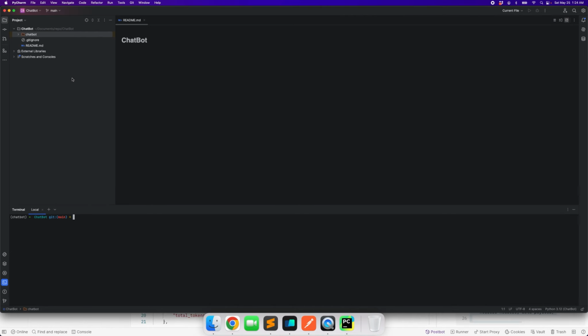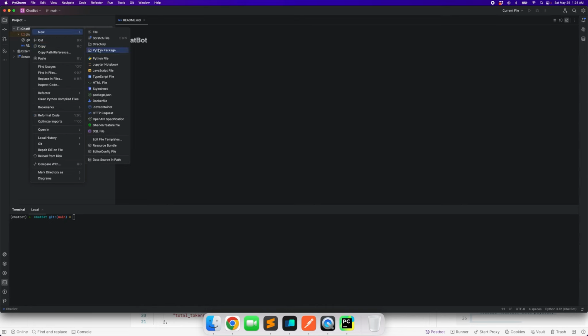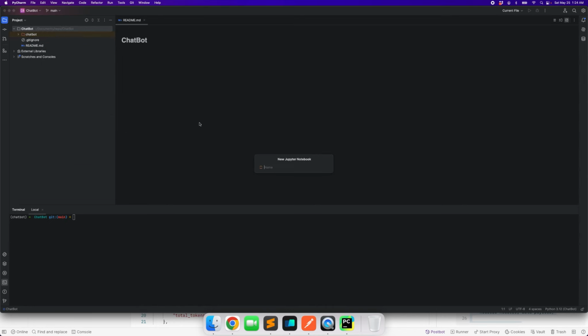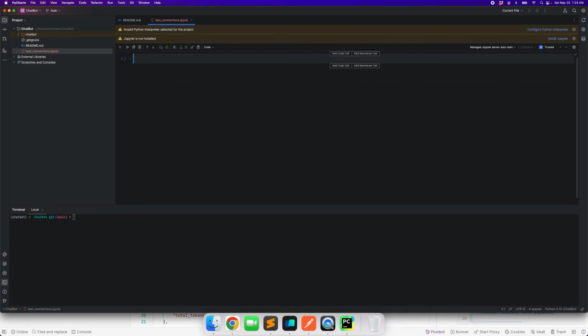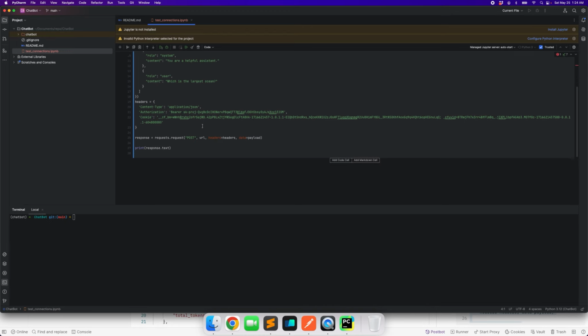I'm going to create a new Jupyter notebook and call it test connections. Copy paste the code that I received from Postman,